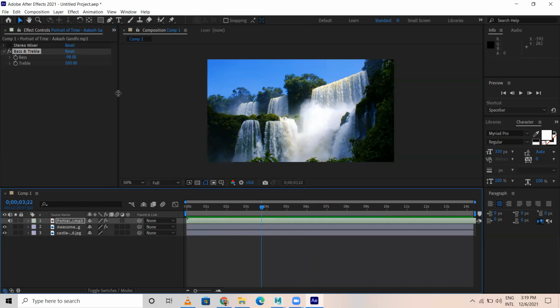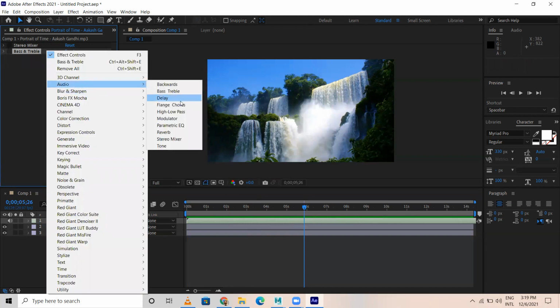Can you make a difference while listening? This is crisp. Now I make this 0. I increase bass to 100. Now see that crisp is not there. You have that bass sound. Got it? So that's the difference here. You can just change the audio settings as well.